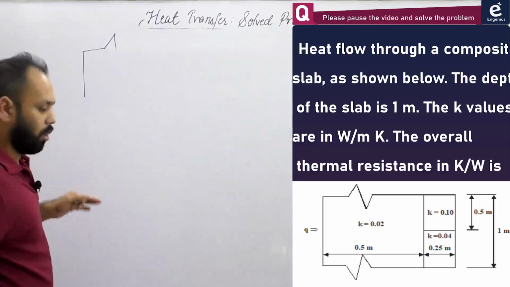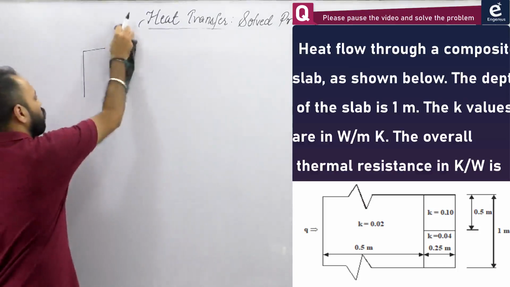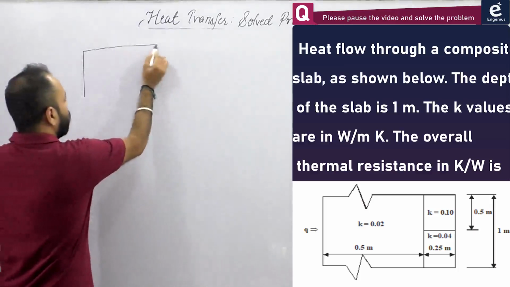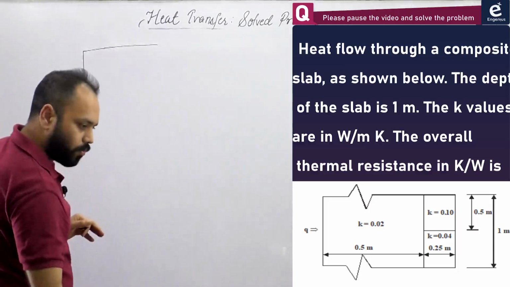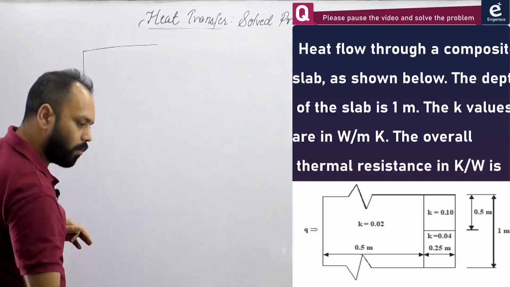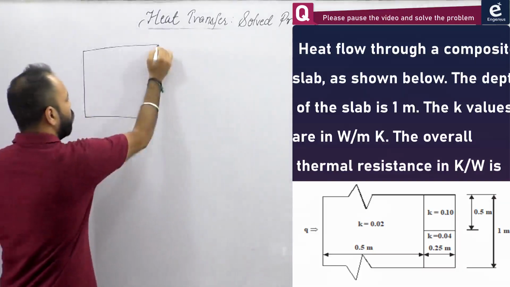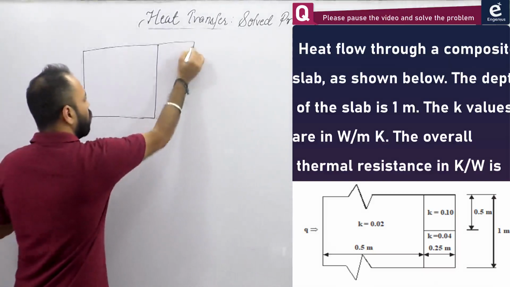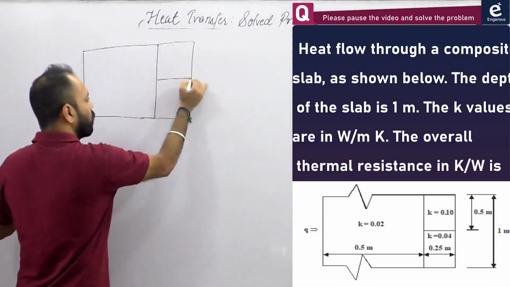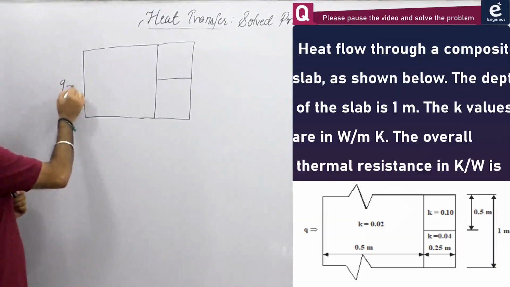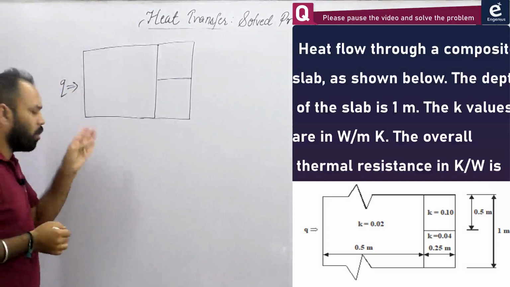The length of the wall is not to scale, so no need to make this shape. We have this kind of composite wall, so it's a series plus parallel combination. You can see here, this is the wall, and then this is the wall. Heat flux is in the direction from left to right, and the depth into the board is given as